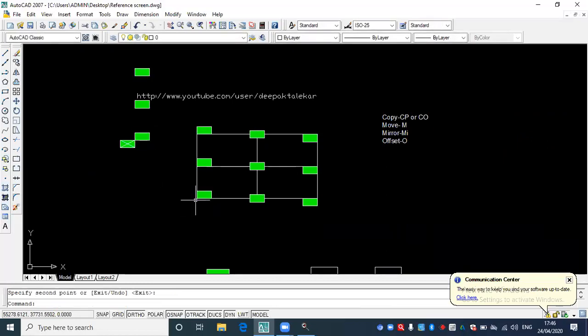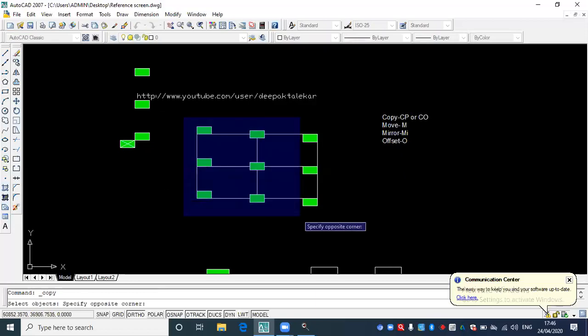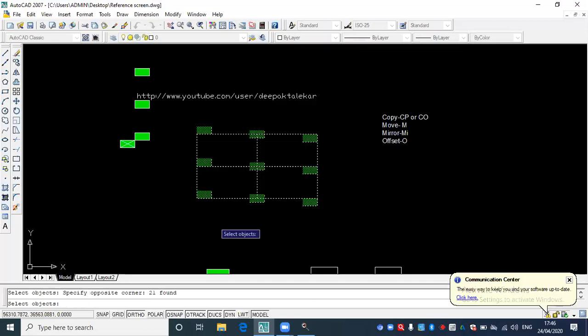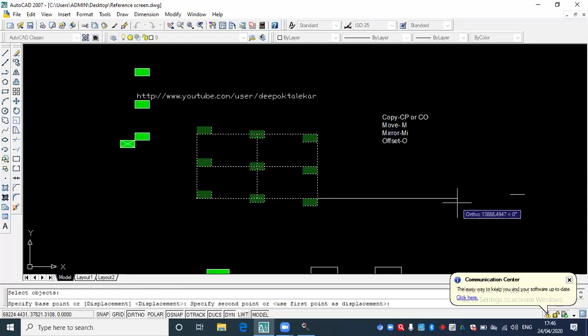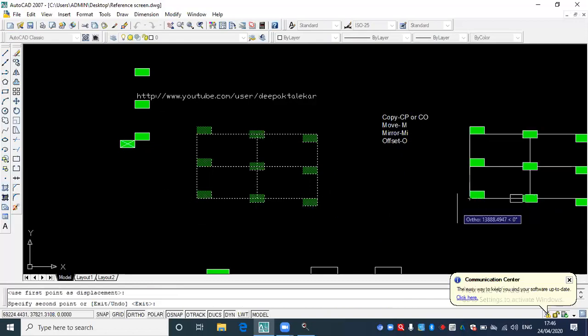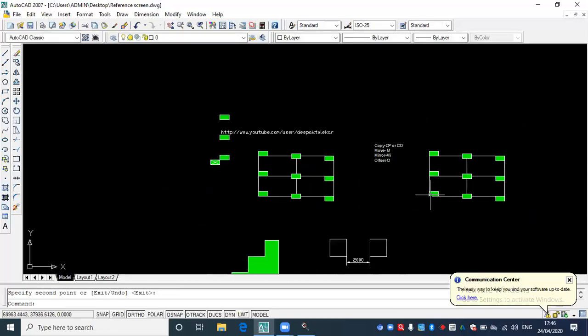This was the base point and this was the displacement point. Also with the copy command, select everything, right click. This is the base point and this is the displacement point. Right click, over. You have copied this entire object. This is how you copy the object.